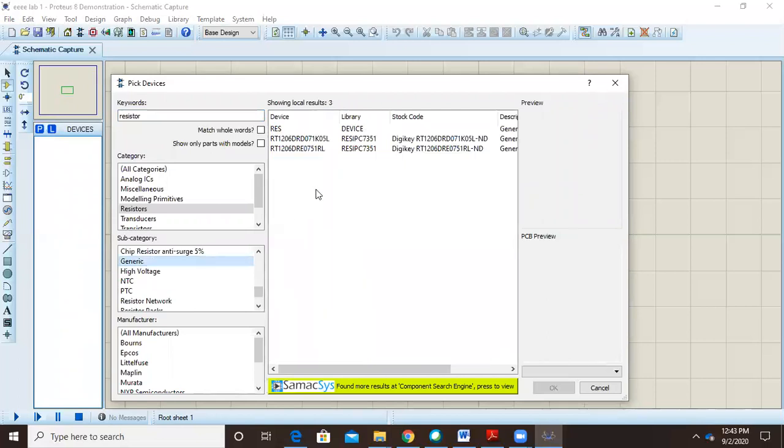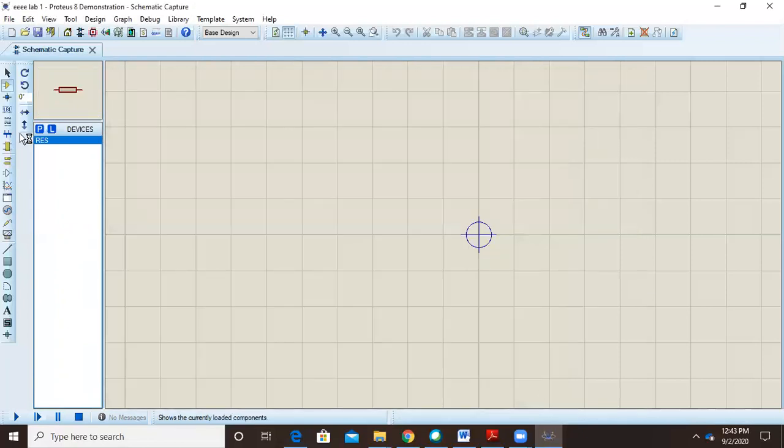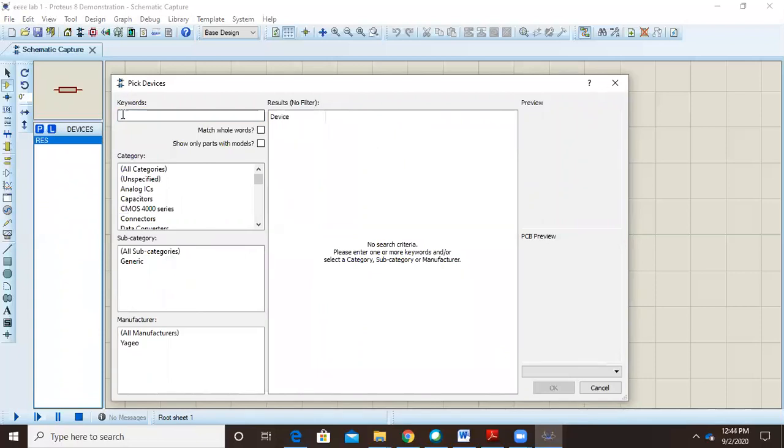Double click on it. In generic, you have 3 options available: RES, resistor, and the other 2. Click on this. Once you click on this, click on OK. So that will come automatically over here. Fine. So again, I repeat, you go to pick devices, search for resistors,